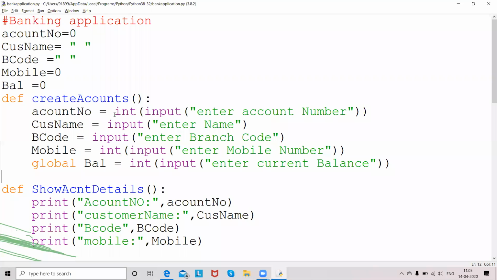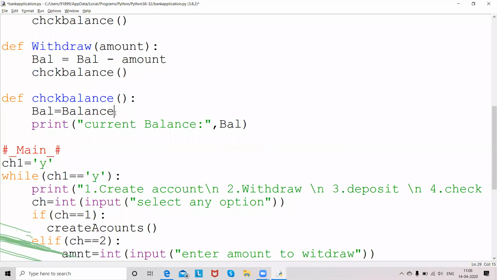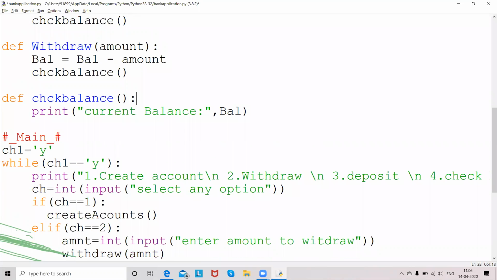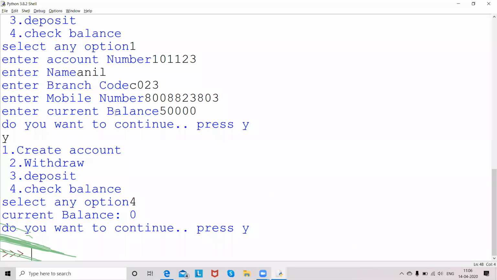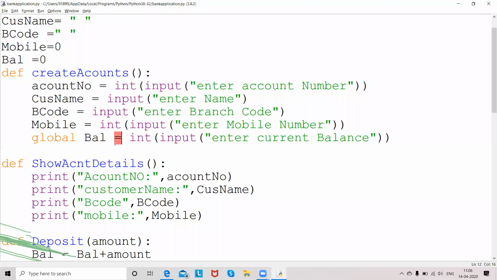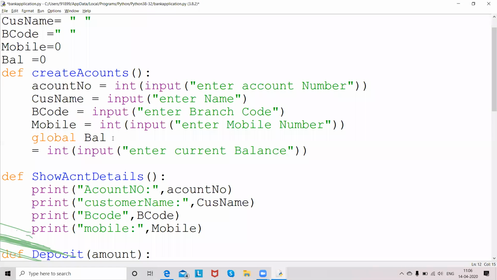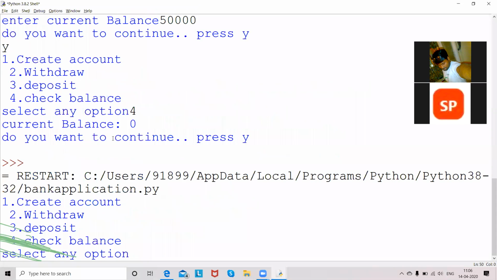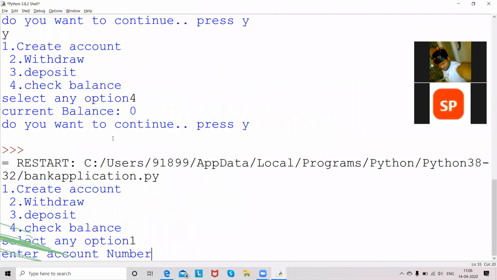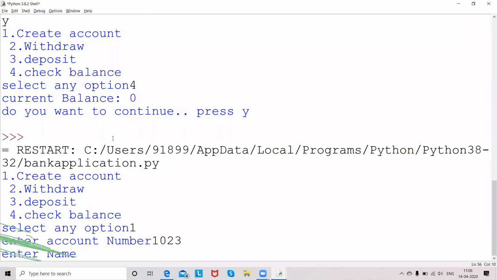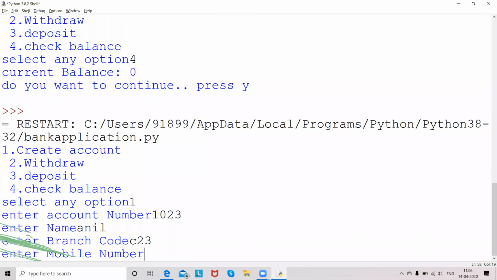The only problem here is that I created one more variable with a balance, so it will become a local variable. So I just use a keyword called global. Global balance is equal to, okay. I'm re-executing this program.